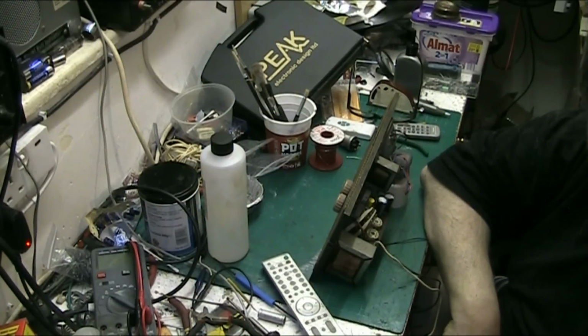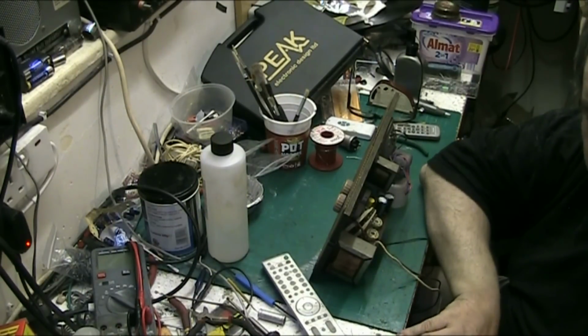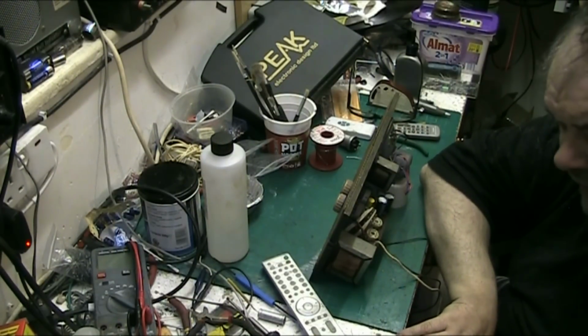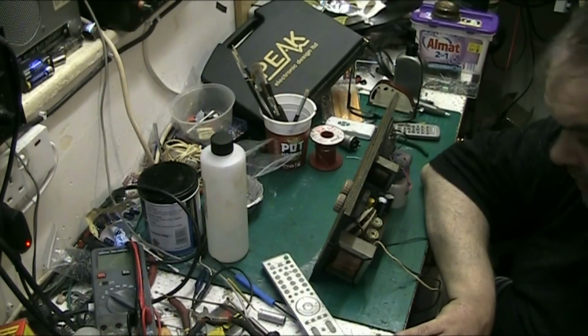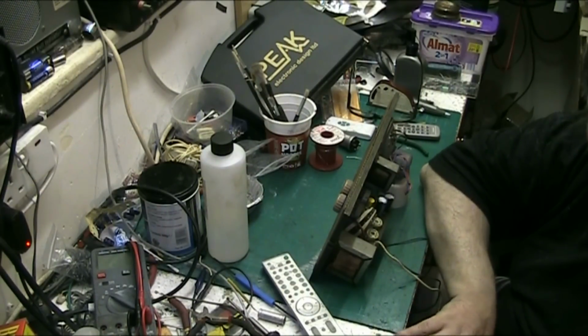When I get those sort of things in, I just change the power cord, so there's a brown in one side and a blue in the other, and I always send the blue to chassis and the brown goes to positive, or live if you like. And that's how I always do it,